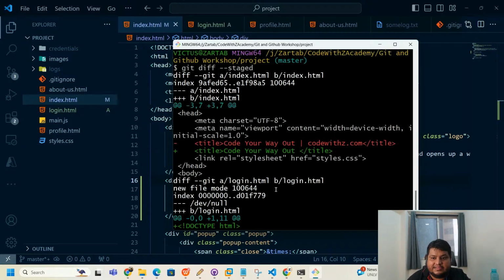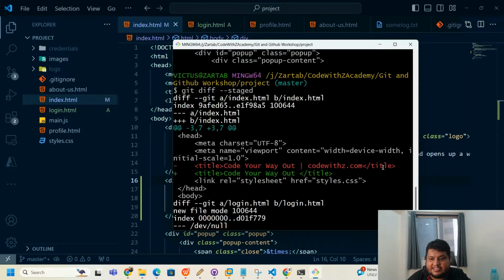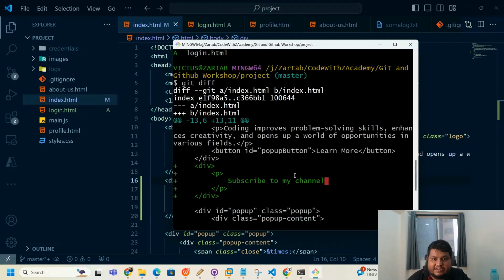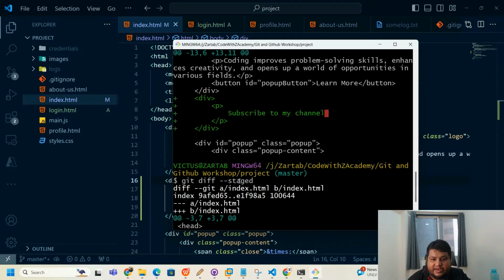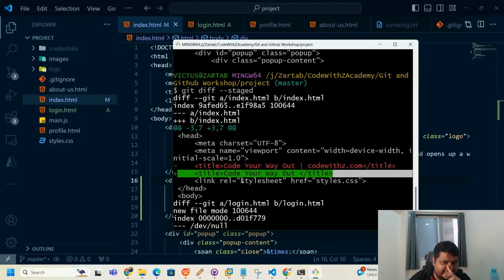So it will tell, see, with both of them, this is what the title was looking like. This is what the title is in my staged area. That was the first difference. And here I have added the new one. So it is telling me what is the difference in my staging and the other file. So if you want to see the differences in your staged,